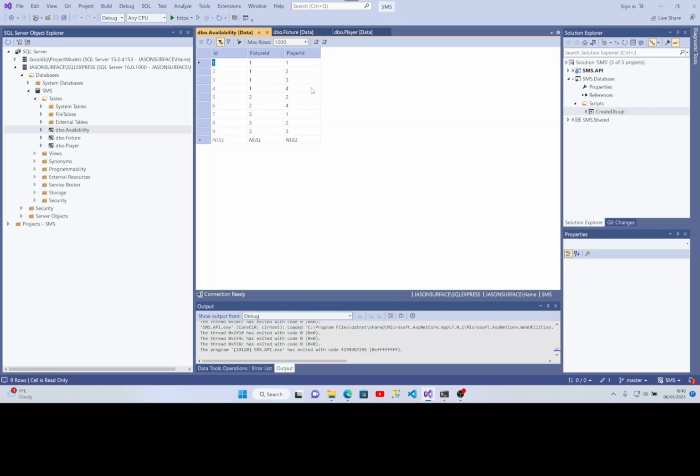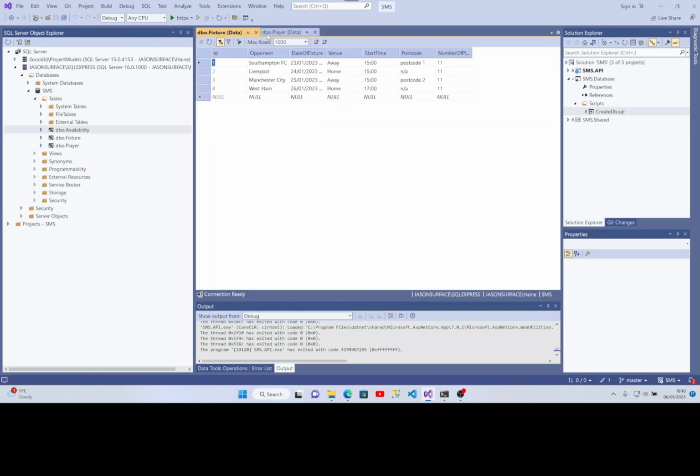To make more sense of this table, I'm actually going to write a bespoke query. Please don't worry if you don't understand the actual SQL I'm writing. It consists of a 3-table join. Like I said, this series is not to do with SQL. That will be for a later date. It is just so you get a better understanding of what this availability table does. So let me just write a new query. So now we'll just shut these windows,